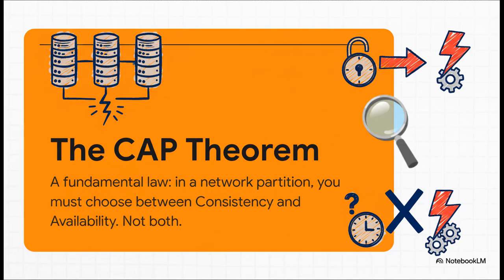It's basically a law of physics for distributed systems, and it's called the CAP theorem. It says that when the network connection between 2 servers breaks, which is called a partition, you are forced to make a choice. You can either choose consistency, which means you might have to stop responding until you can guarantee the data is the absolute latest version, or you can choose availability, which means you always give a response, even if it's with slightly stale data. You cannot have both at the same time during a partition. You have to pick one.